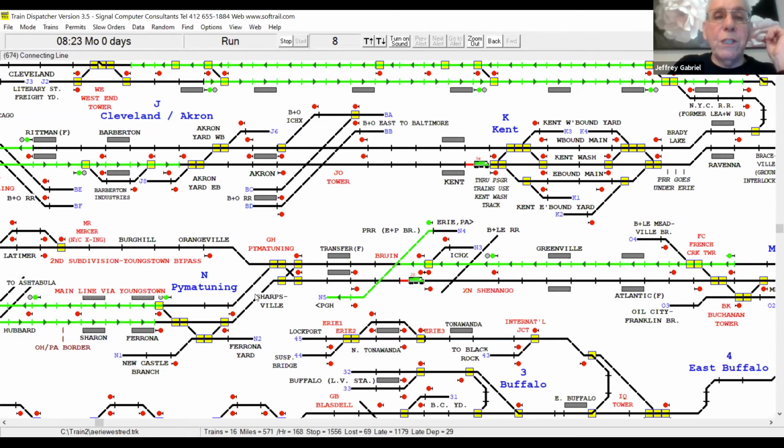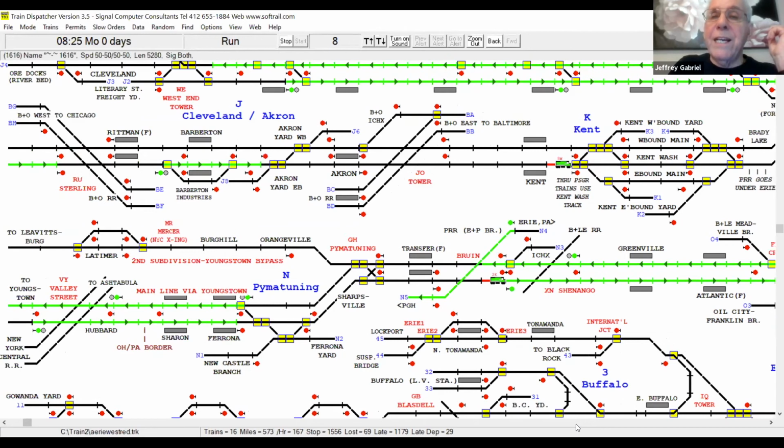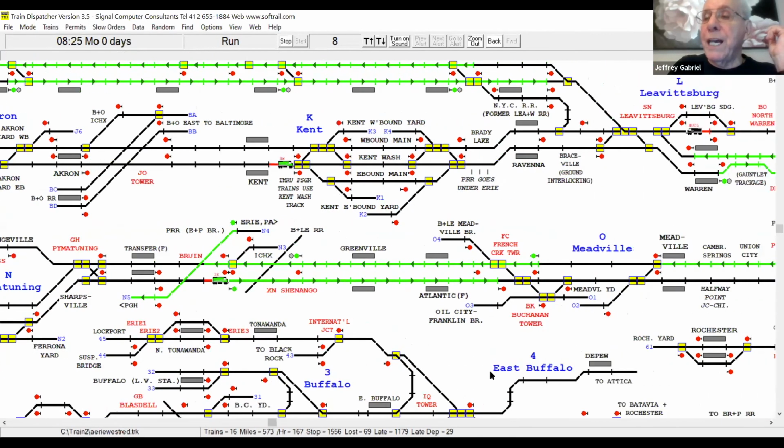And there's several at JO in Akron, and there's several at RU Sterling, just west of Richmond here, which most people know about that location. So I guess the answer is a yes in several cases.